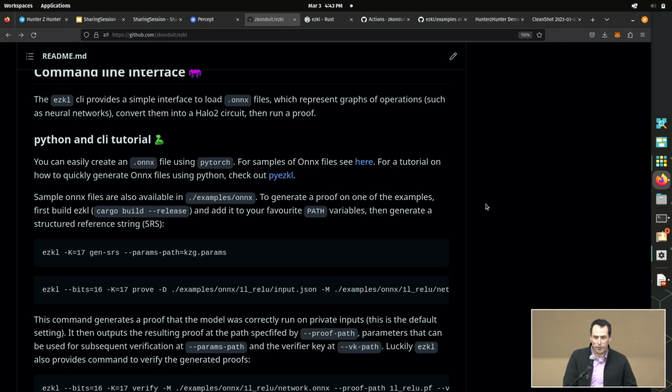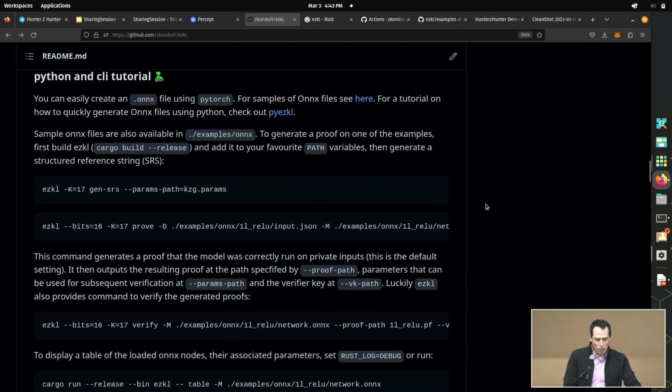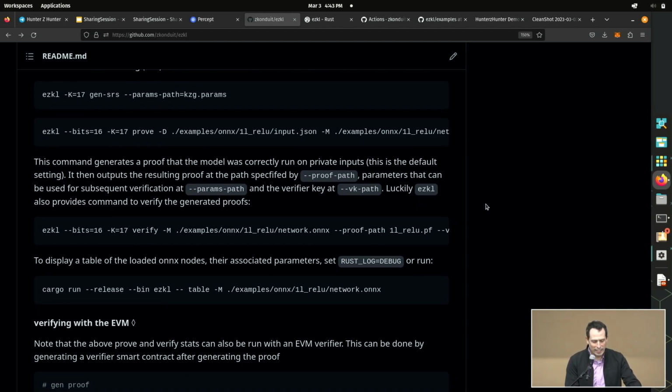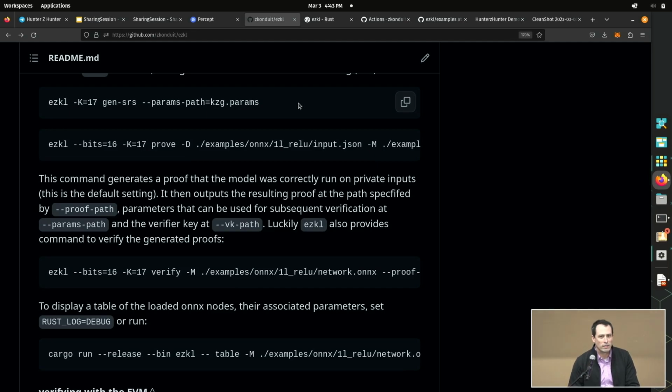And let me just walk you through the command line, because I think that gives an intuition for what we can do, right, what we're doing. So once you have a command line tool, Ezekiel, the first line here is gen SRS. Is this okay? All right. Maybe if I increase the size a little, is that better? Yeah? Okay. So the first line, this is using KZG commitments because we want to compile and verify on Ethereum. So we can either use a public ceremony, or you can generate your own SRS. That is for testing only and is not secure.